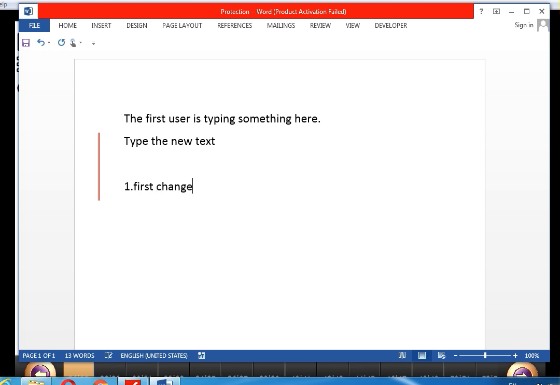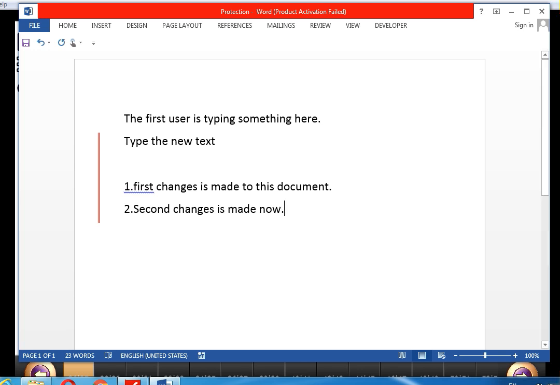First changes are made to this document. Okay. Changes are made now.